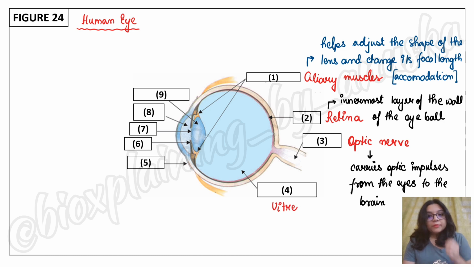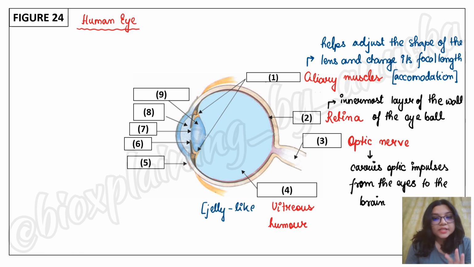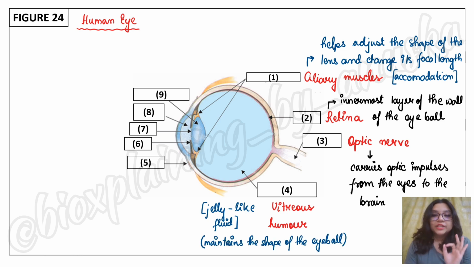Then part number 4 refers to the vitreous humor. विट्रस ह्यूमर क्या है? This is a jelly like fluid which is present in the back of your lens, back part of your eye, right? And इसका काम क्या है? It maintains the shape of the eyeball. Jelly like, थोड़ा consistency ज्यादा रहता है।